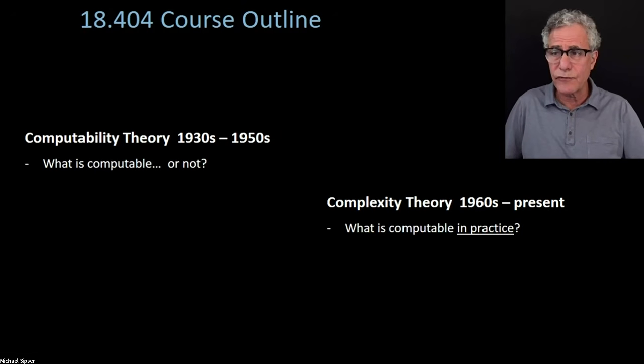Basically, it's going to be in two halves. What we're going to be talking about is the capabilities and limitations of computers, of computer algorithms, really, of computation. The two parts of the course are more or less divided in half. The first half of the course is going to talk about a subject called computability theory, which really asks what you can compute with an algorithm in principle.